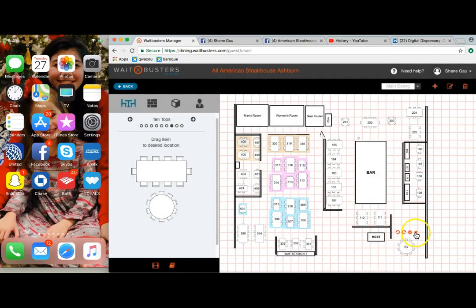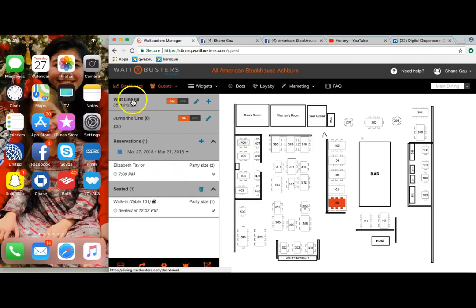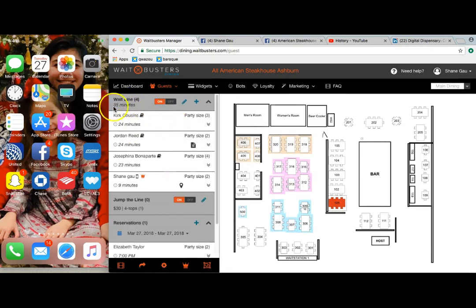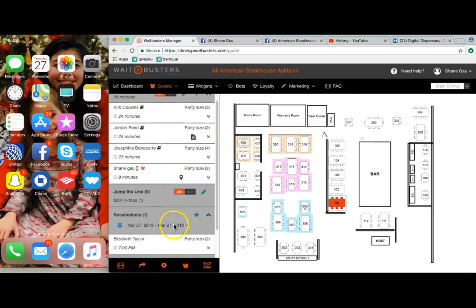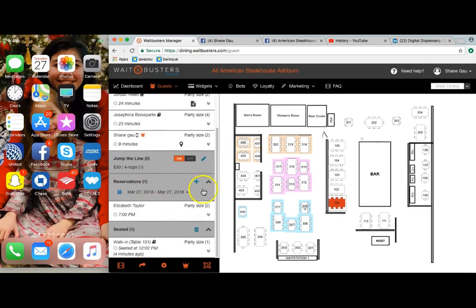All right, I'm not going to keep it here. You delete it. That's how easy it is to create a seating chart. Obviously, you've kind of seen it. We have Waitline, this remote in-house support. Reservations support too. What's nice about this is it defaults to the daily reservations, but then if I want to